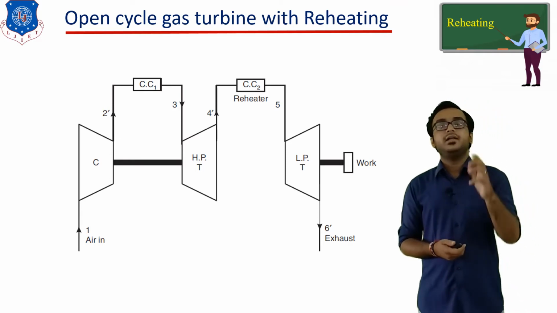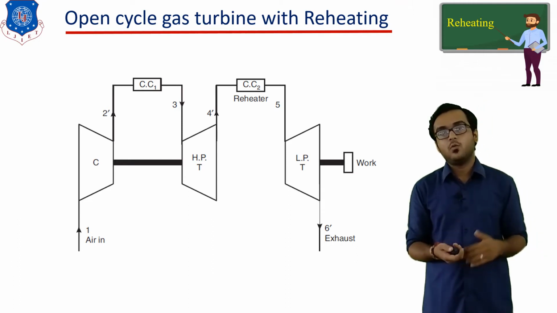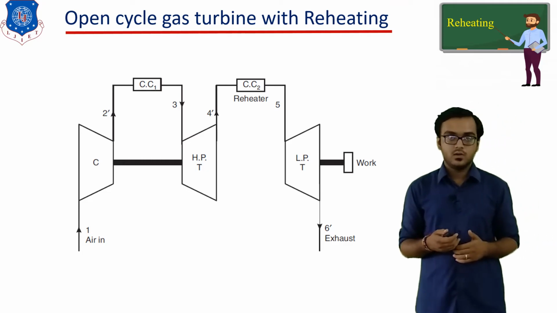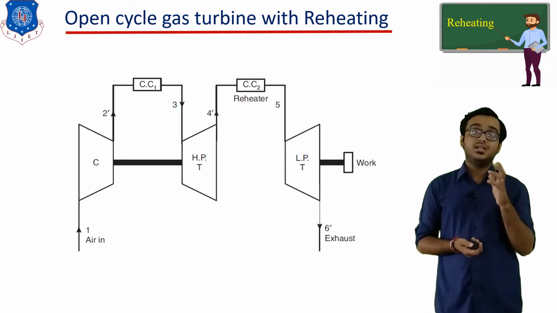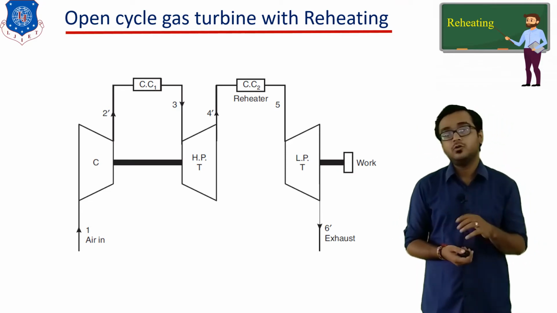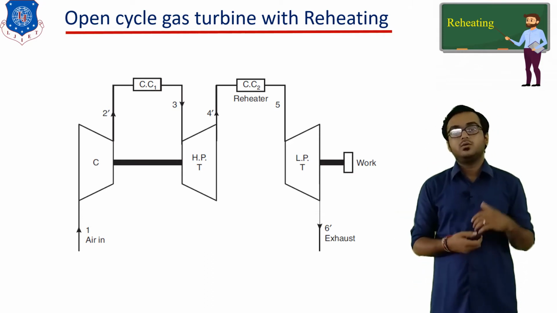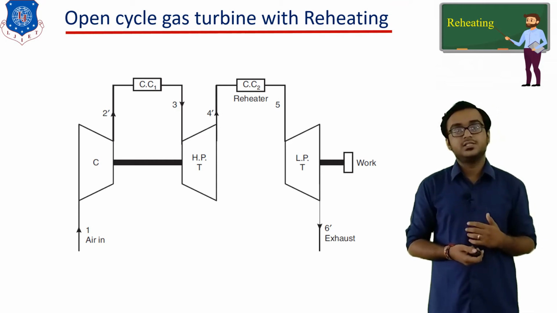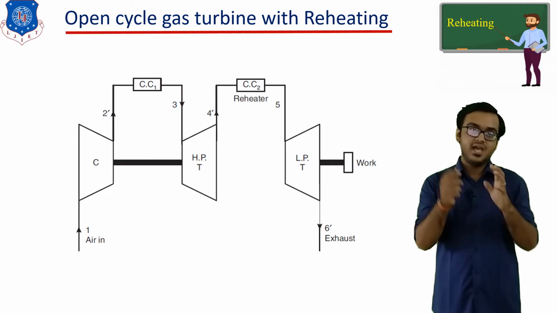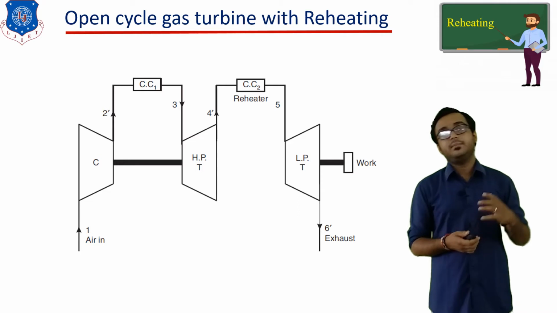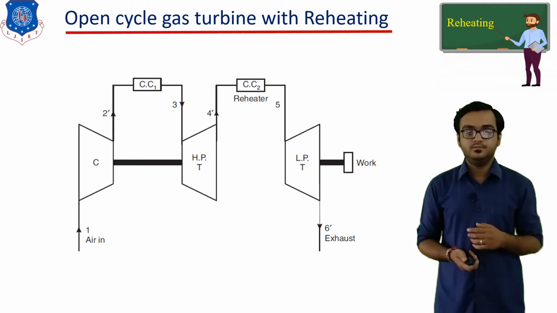Reheating is nothing but the use of more than one combustion chamber, and this ultimately provides work saving opportunities. Now I would like to discuss the TS diagram for the same, but to plot the TS diagram you need to keep this system diagram in your mind, and remember all the points. For example, 2 to 3 is the combustion process. Then 5 to 6 is the expansion in the low pressure turbine. Likewise, you need to remember this diagram in order to derive some of the mathematical models as well as to plot the TS diagram. So let's begin with the TS diagram.